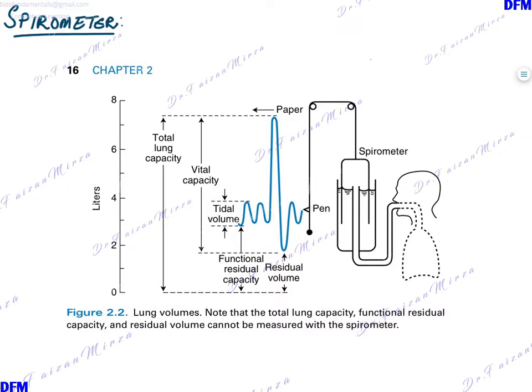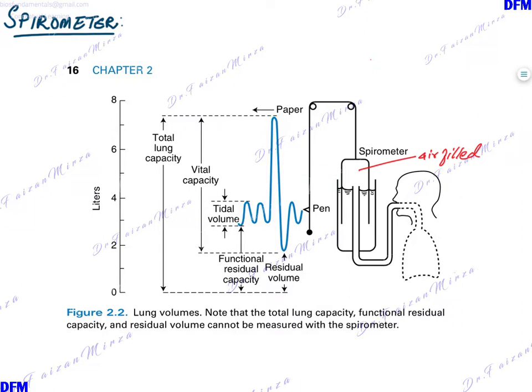The subject is asked to breathe the air which is filled in this spirometer. The person inhales this. As the person inhales this air, the air from here goes into his lungs and the string of the spirometer is pulled down. This causes the pen to get raised up. This gives you an upward displacement of pen and a trace is marked on the moving kymograph.